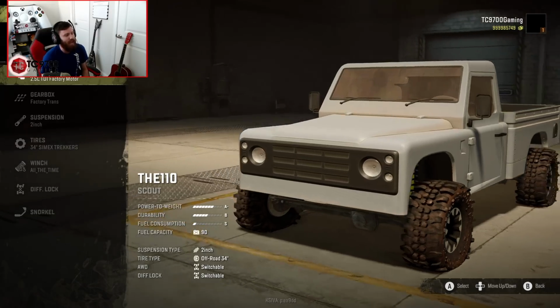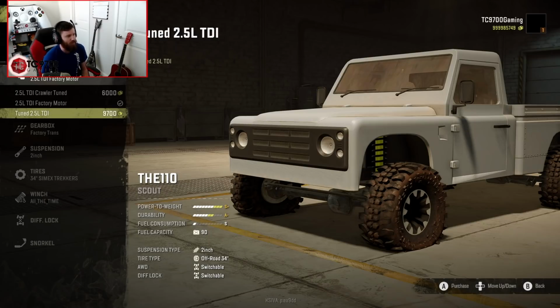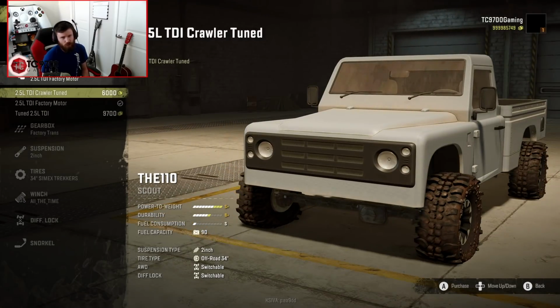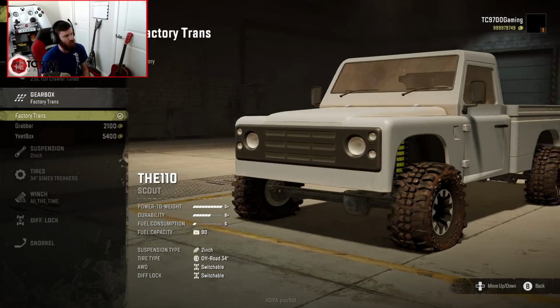Now, we do have a 2.5-liter turbo diesel factory engine. We also have a tuned 2.5-liter turbo diesel, and then we also have a crawler-tuned 2.5-liter turbo diesel. So I'm going to go with the crawler-tuned version first because we are going to go ahead and take it down the crawler course. But we're also going to grab the...